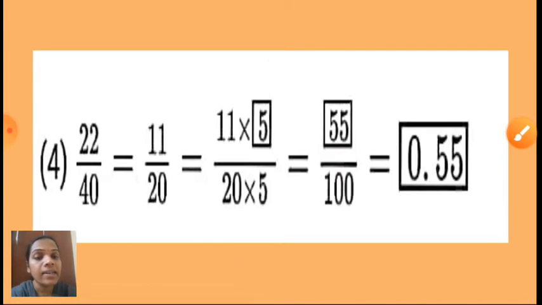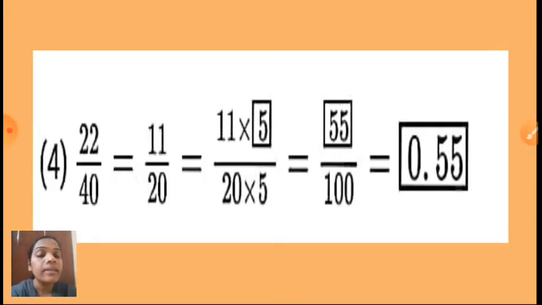Children, third one, that is your homework. Okay, how to do. And at the same time, that question I will give for your assignment also. So you have to do that assignment, and at the same time, that question also you have to write in your notebook. Okay, all these questions you have to write at the same time. Which question I will give for your homework, that question also you have to write in your notebook.